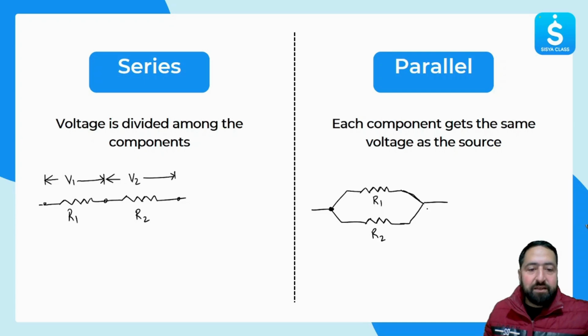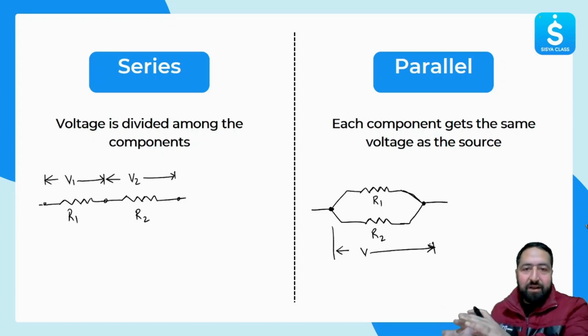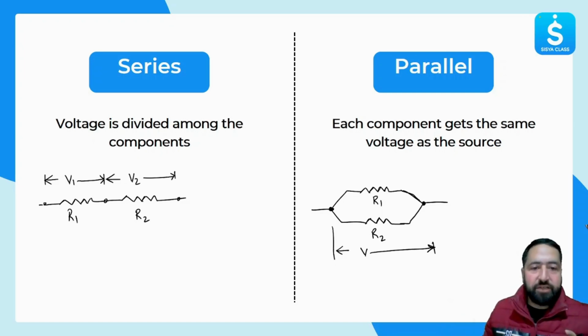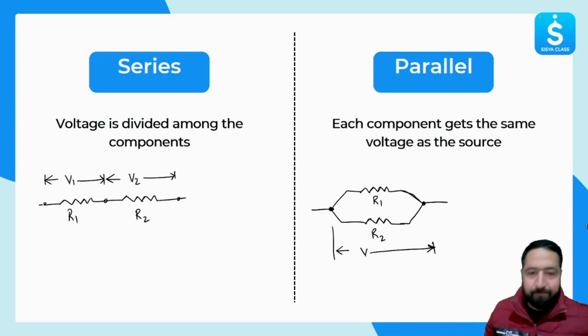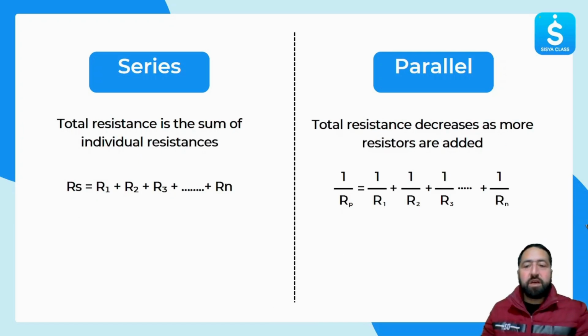As you can see, the points are common here, so the potential difference will also be common. Whatever happens to the current, the reverse happens to the voltage. In parallel, current is different but voltage will be the same. Very good. Now, this we studied in the last class itself, that if we have got n number of